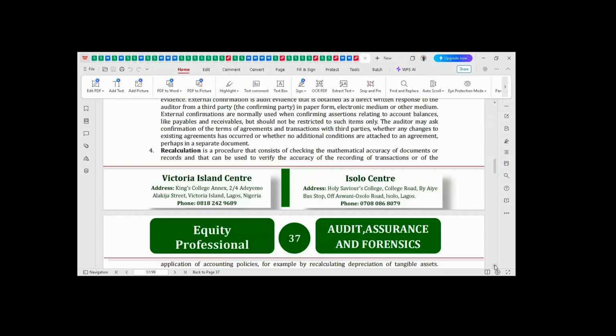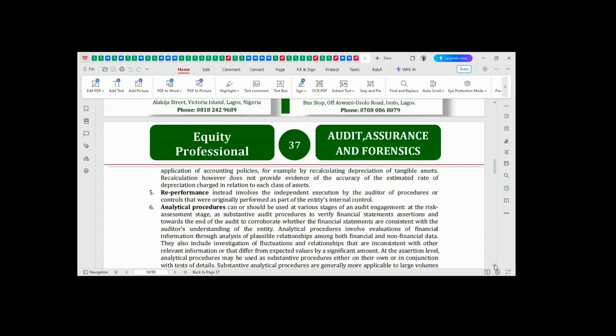The next method the auditor can use is what we call reperformance. Remember, in the first one, we said that in observation, the auditor will observe the business owner as he tries to carry out a process or procedure while the auditor obtains